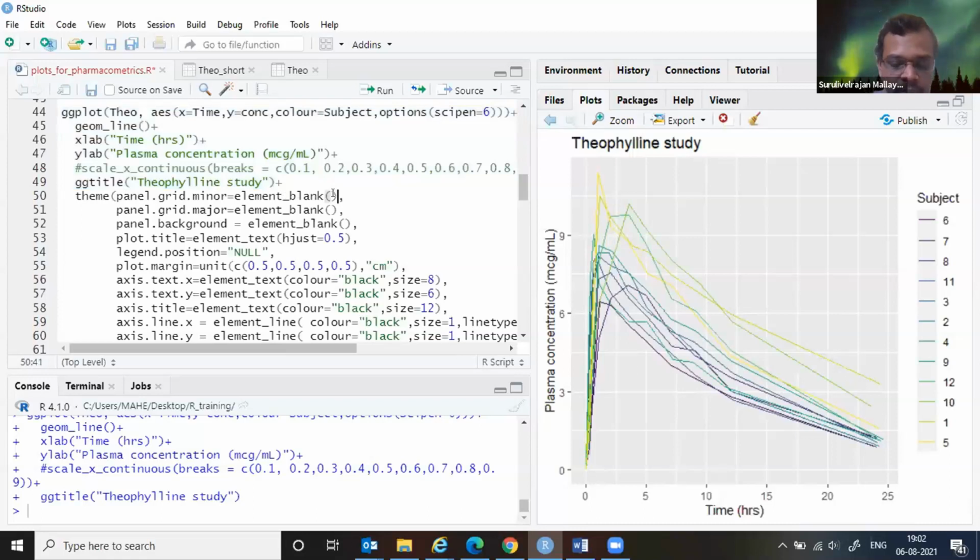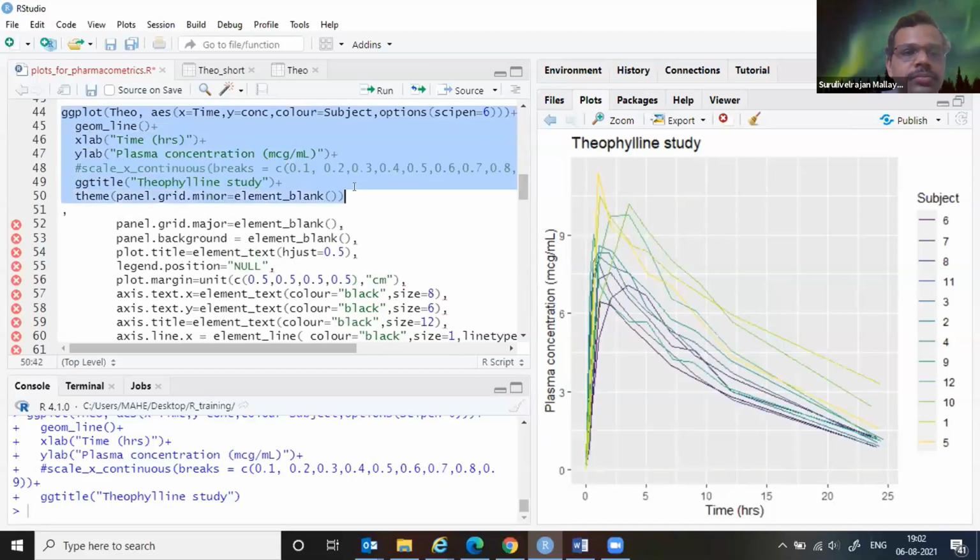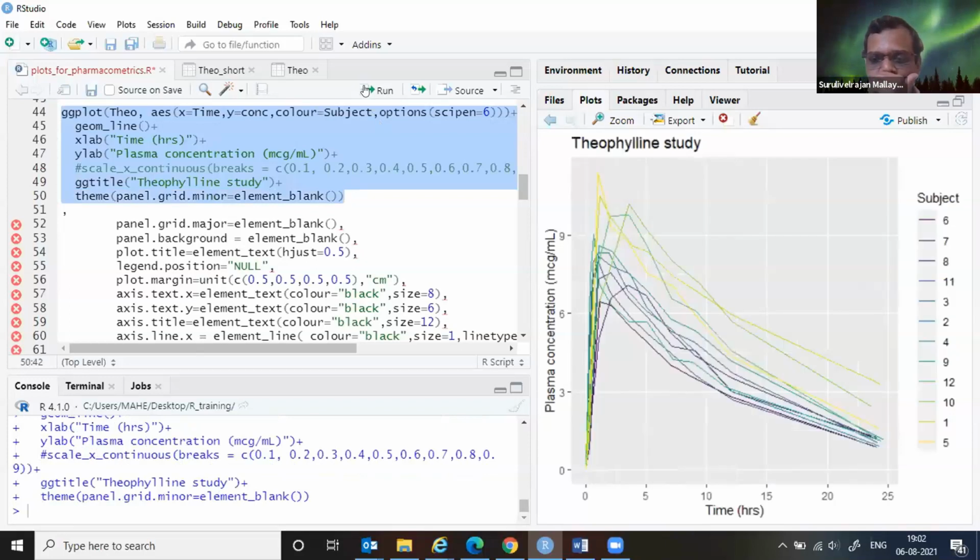Okay, so theme: it says panel.grid.major element_blank. What does this mean? Let me run it. Okay, compared to the previous plot, carefully look at what happened.